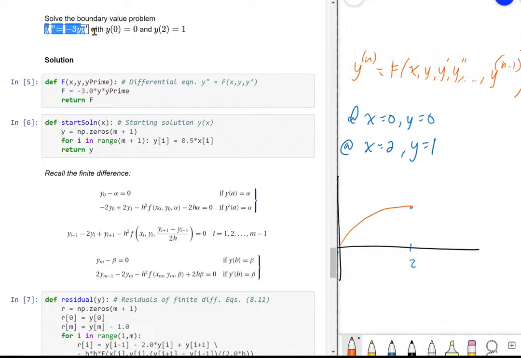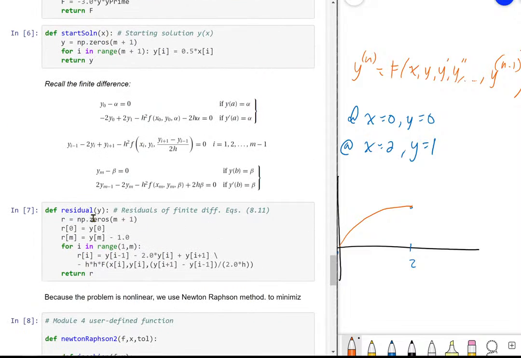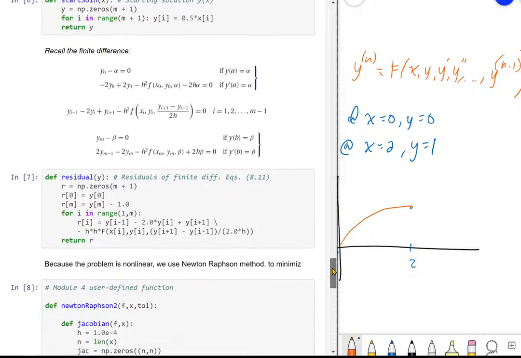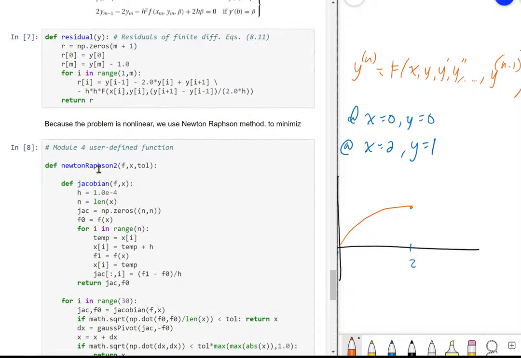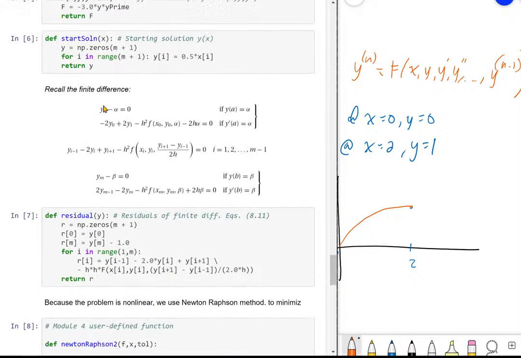this one. And then the start solution, and these are just here, 0.5x1. So we will see later. So the residual is actually, since we cannot solve it linearly or with linear programming, we solve it using nonlinear. So our goal here is to solve using the Newton-Raphson. So recall this expression here. We use the r and p zeros, and then